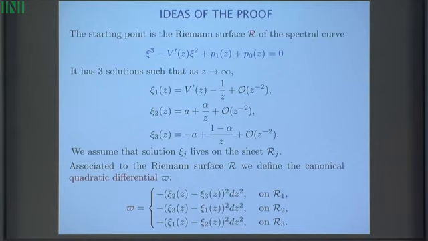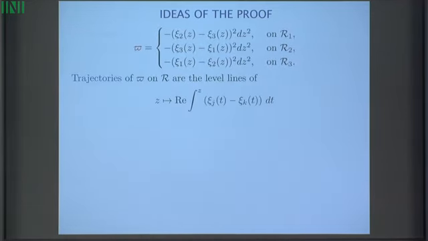What is beautiful about that is that when you put this thing together, it turns out to be something globally correctly defined on the Riemann surface. So now you have an object which is correctly defined on the whole Riemann surface, and we have to look at the so-called trajectories of these quadratic differentials. Now let's look at this more carefully. The trajectories of the quadratic differential we can define here in a simple way. They are just level lines of this integral. So we take a square root of the quadratic differential, take its primitive, and look where the real part stays constant, right?